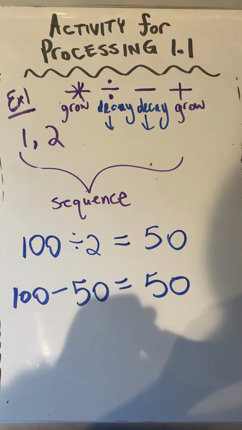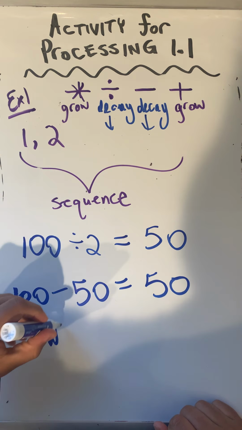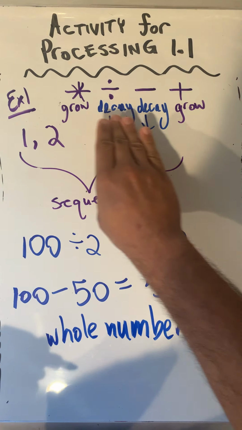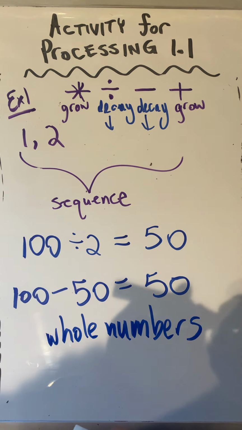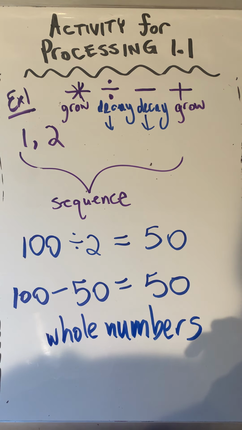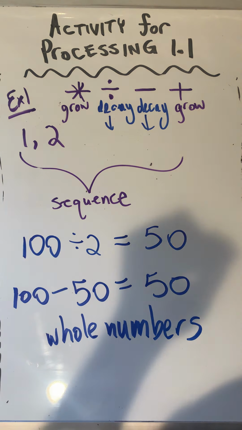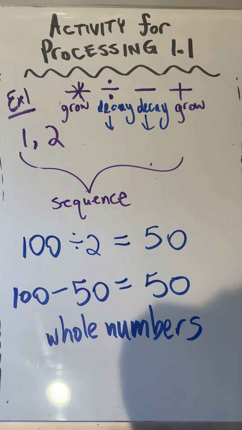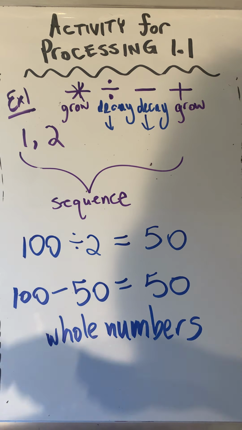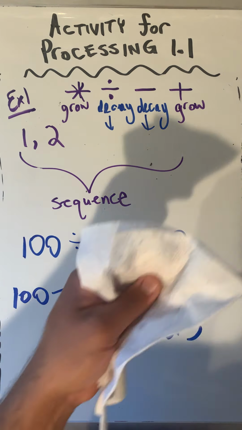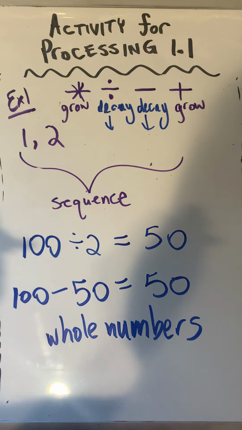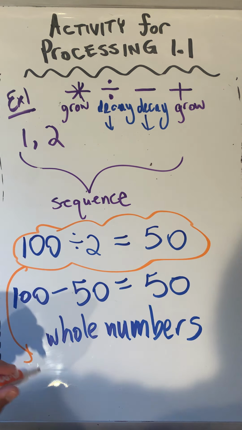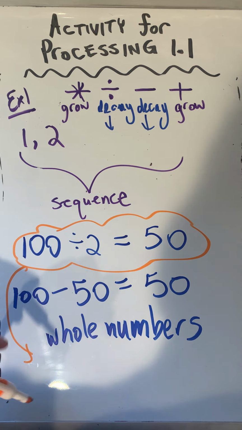But for the most part, when you do these operations with whole numbers, we can safely assume that these properties hold true. I feel like I want to do one fraction example right now, just in case you're wondering, how would a fraction, if you multiply, you're saying over here, it causes it to grow. Let me take this example here and actually show you how multiplication can actually cause